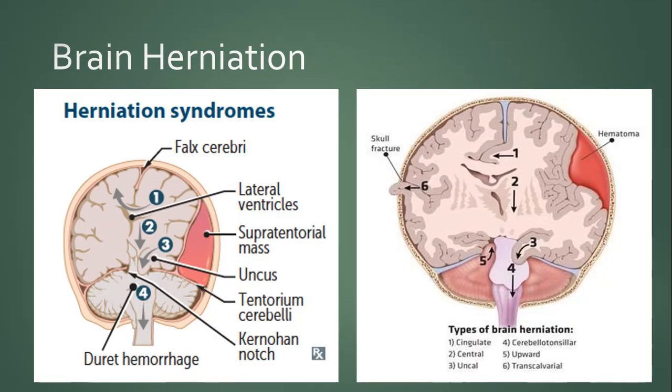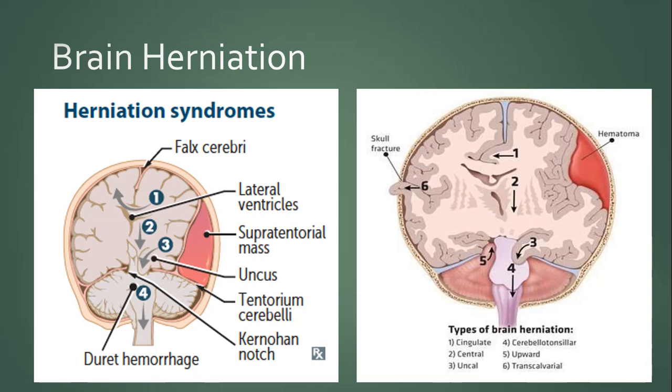So what are different types of brain herniation? Brain herniation are generally divided into four forms, but can be extended to the six forms. Generally, as you can see, number one is the subfalcine herniation, or also called the cingulate gyrus herniation. Second one is the central herniation. Then number three is the uncal herniation through the tentorium, and then there can be the tonsillar herniation through foramen magnum. Then additional can be the two herniation.